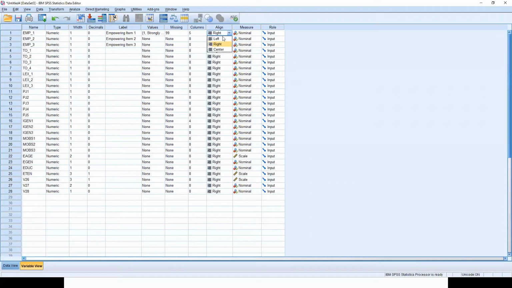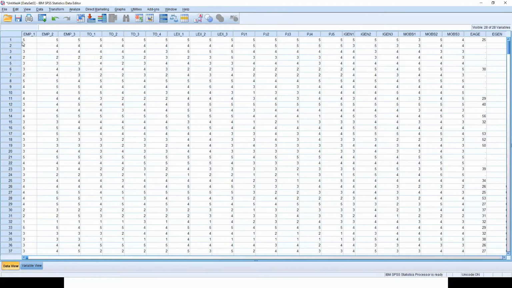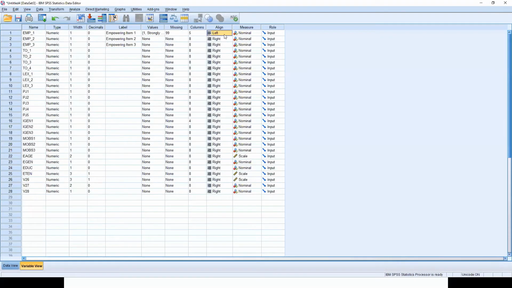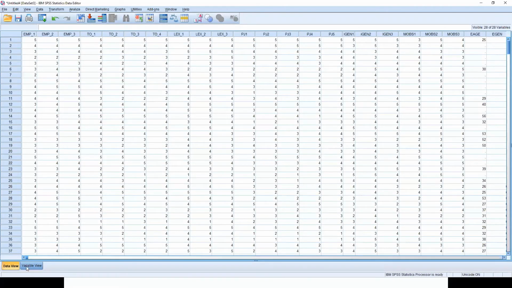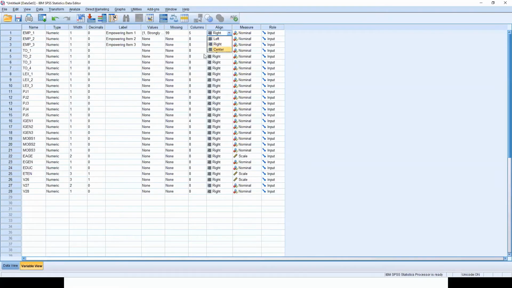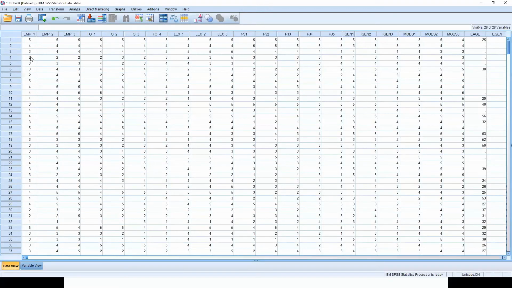Alignment, you want to keep the numbers left aligned or right aligned. If I keep it left aligned, then they will come here. If it is right aligned, then it will come in the center, right, and if it is centered, then they will all come this way.